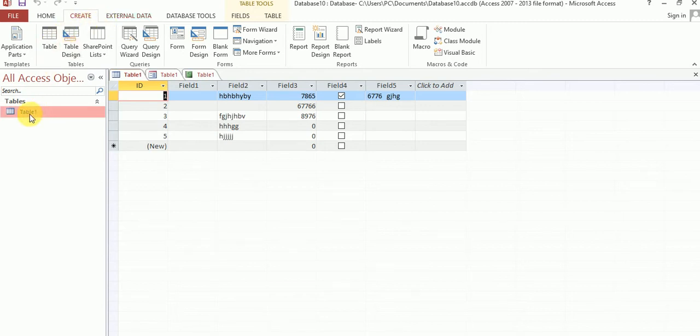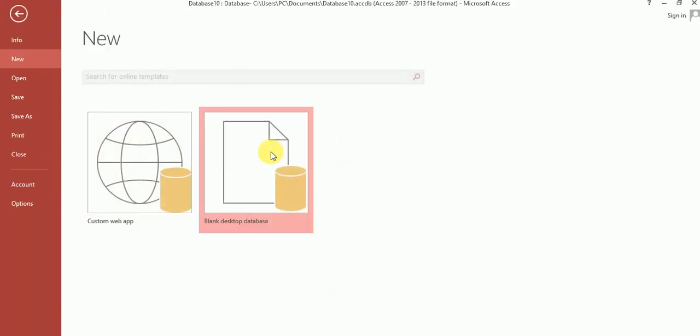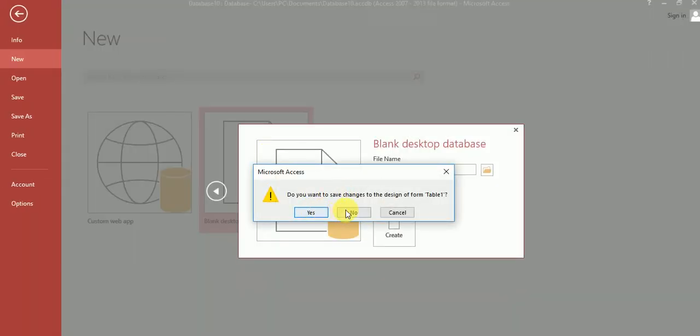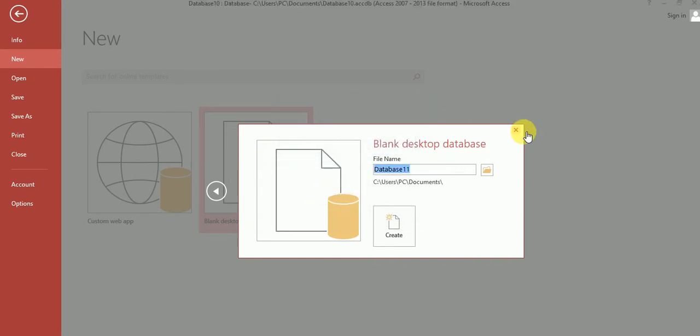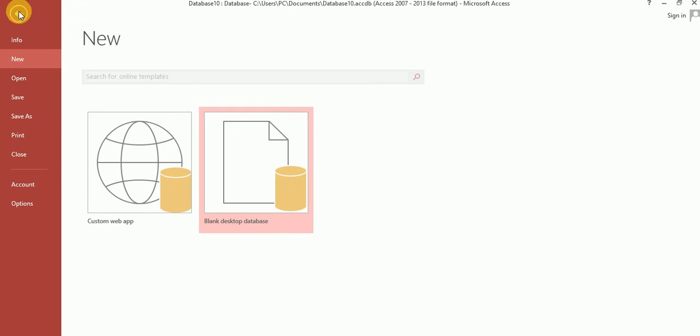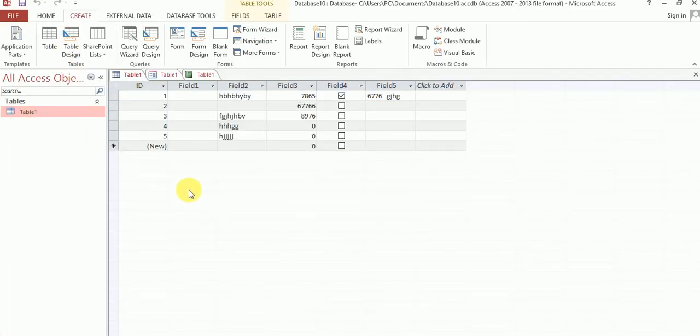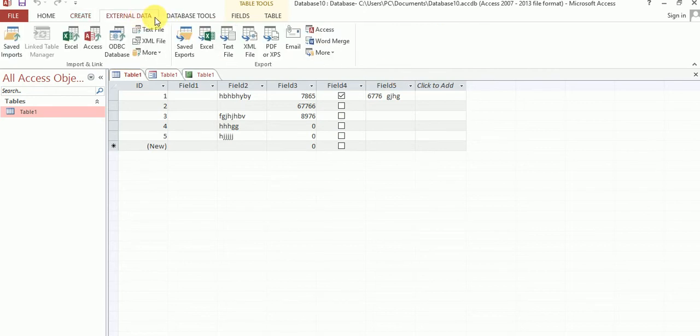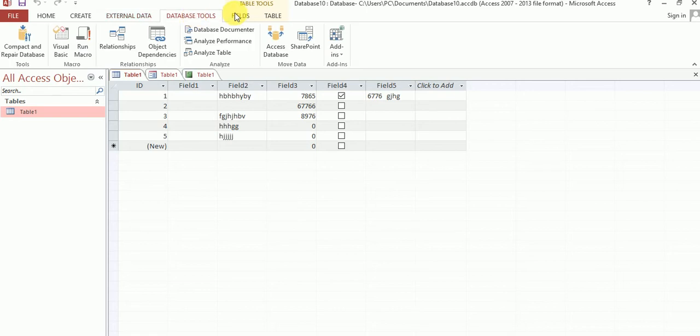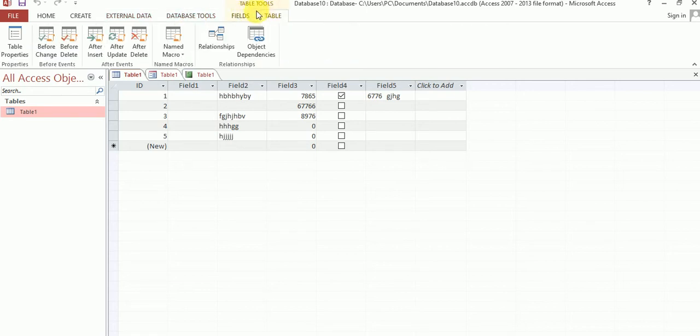Suppose my table name is 1, and I want to insert a new table.